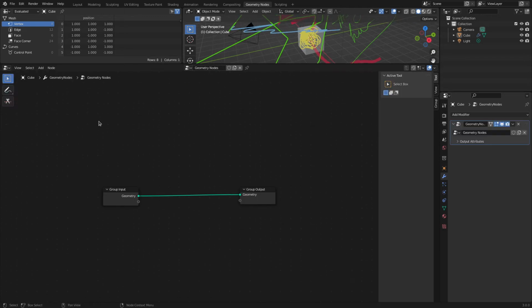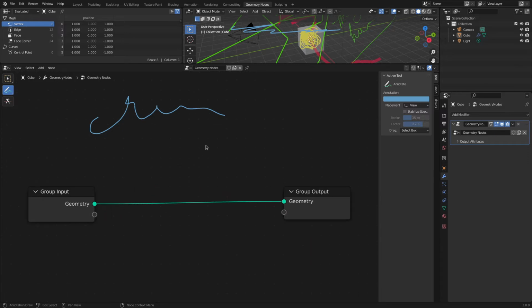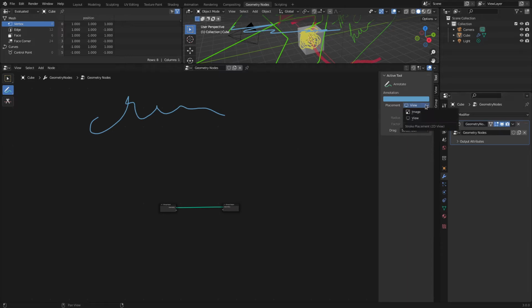Pull that open, hit N to bring up my side panel, select this guy, okay, and now I've got my image as a placement option. It's actually already pre-selected. Image is a placement option. So view, of course, is much like the other one. If I zoom in, zoom out, scroll around, it just stays right there, right on my view window. If I select image,